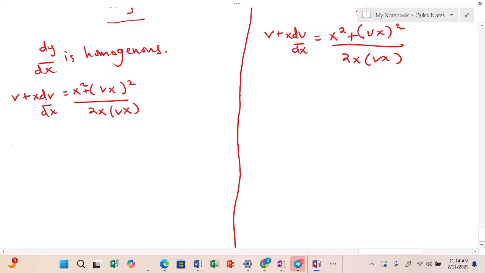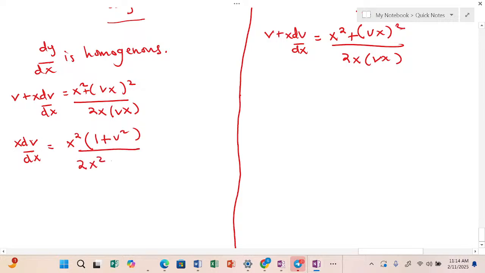Going forward, we have x dv/dx is equal to x squared. We factorize x squared out. You can see it is common between the two expressions. There's x squared here and there's x squared here. So we factorize x squared out. We come to a point where we have (1 plus v squared) all over